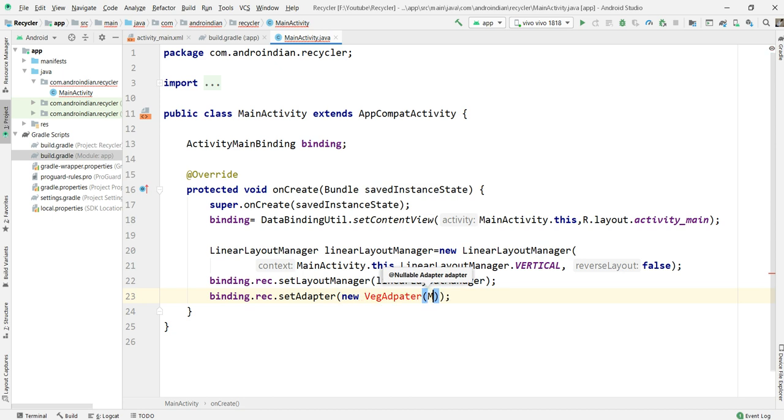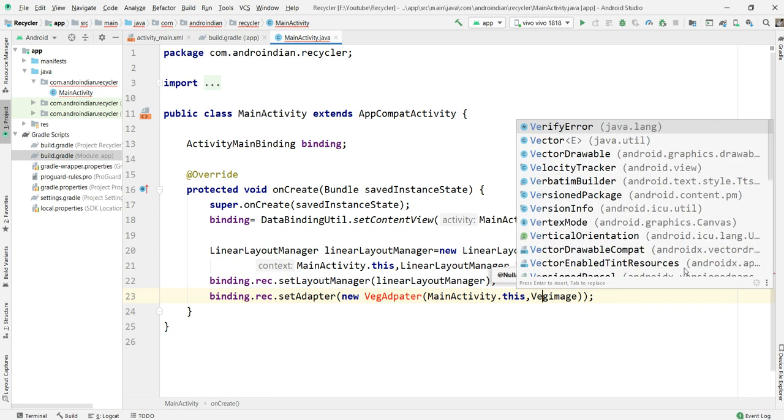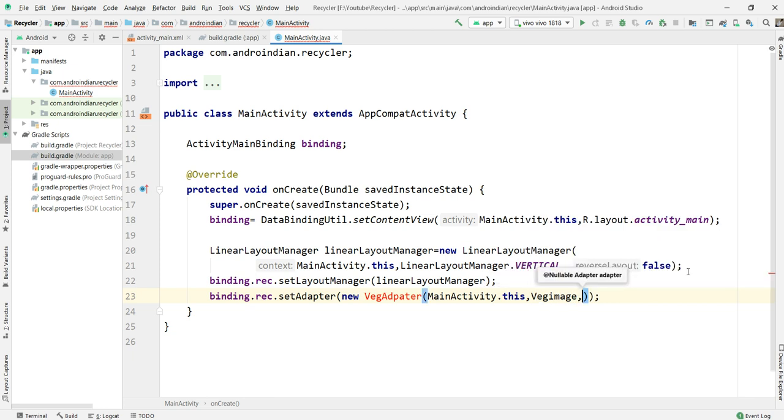In this, first one is the context, and here I want to show 3 parameters. One is the wedge image, next quantity and price.